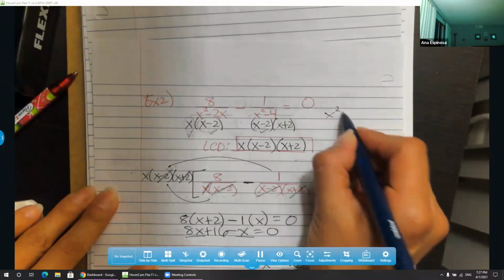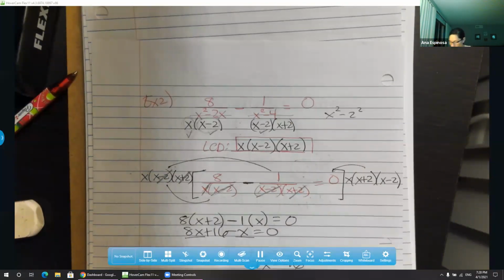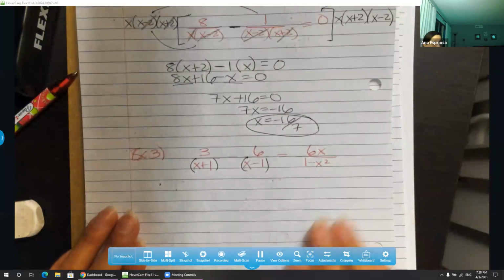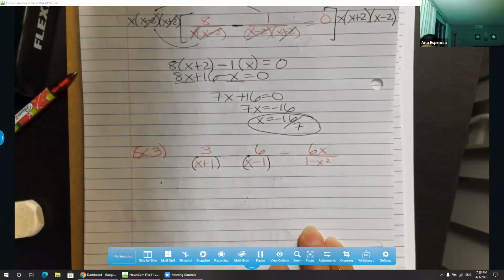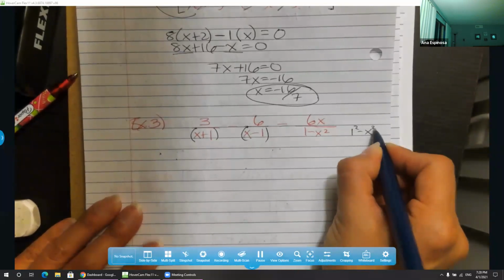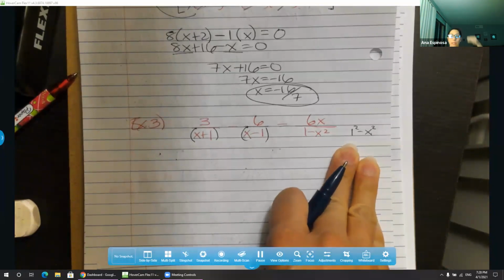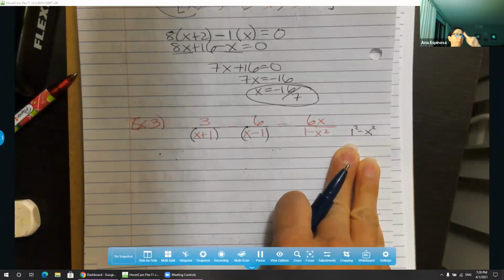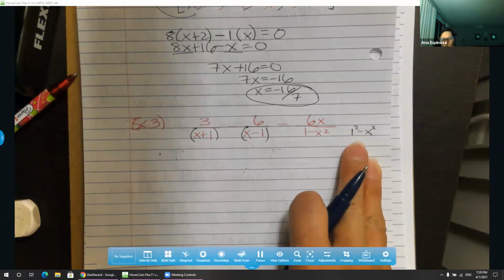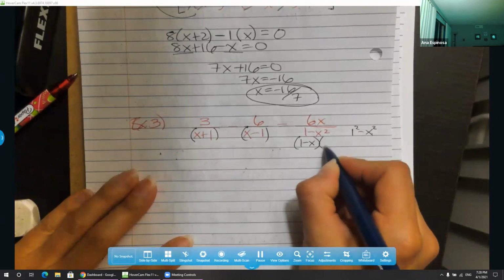This is x squared minus 2 squared. So potentially you can make that 4 into a smaller number squared, and you can have something squared minus something squared, okay? And so when that happens, it's a difference of squares. You need help with factoring? I'm making a point. This one, I could make 1 squared minus x squared. That's why it's a difference of squares. You can grab a 1, square it, cube it, take it to the 1000. It's still a 1, okay? Now, if I were to do the difference of squares, I would have 1 minus x and